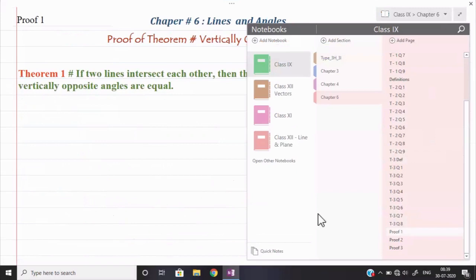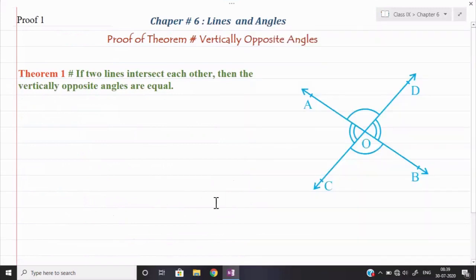Let us see the first proof of the theorem, because remember students, in geometry some theorems are given whose proof can be asked to you in the form of a question in the examination. So you need to prepare yourself for the proofs of theorems also. For example, you know that vertically opposite angles are always equal if two lines are intersecting at a point. That property you are using in many questions, right? But now how this property has been proved, that we can see. We are giving the theoretical proof over here.